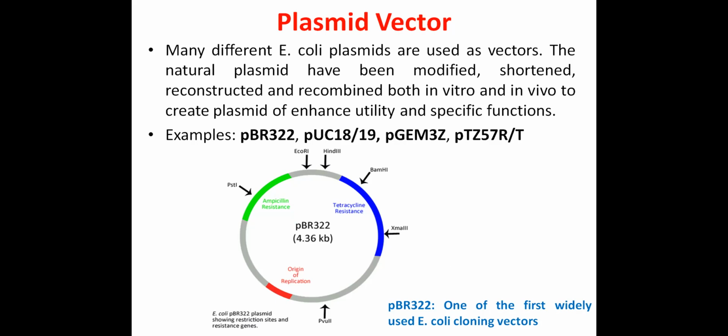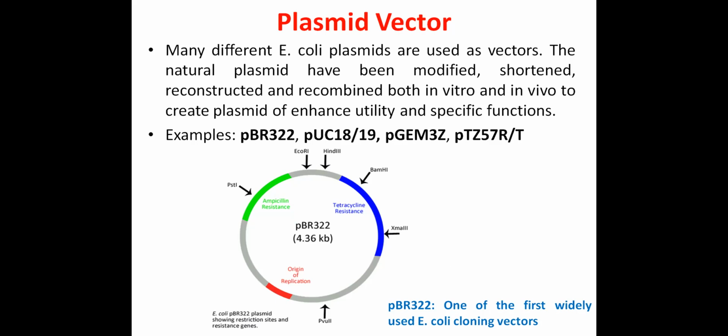Because when we talked about the vector, we saw it must have some properties, like origin of replication, MCS, antibiotic resistance genes, some selectable marker, and some restriction sites on the MCS. If we need all those features on the vector, a natural plasmid doesn't carry all these things together. So in the case of a plasmid vector, the natural plasmid is taken from the E. coli